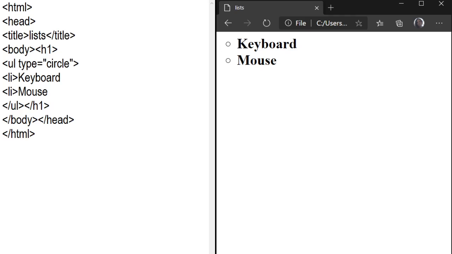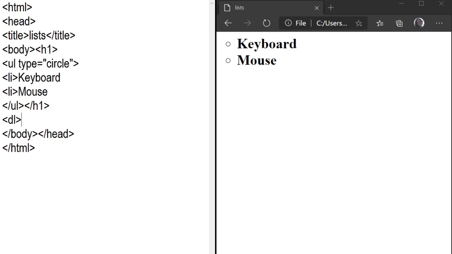Our next tag is DL, and DL stands for definition list. If you want to create a paragraph and write down the heading of this paragraph, then you can use the definition list. In the definition list, the name of the tag is DL, and the spelling of definition is DEFINITION.